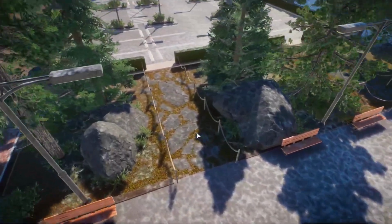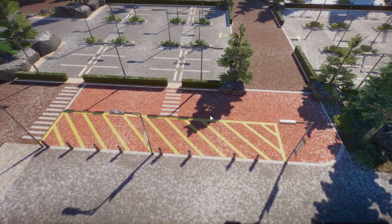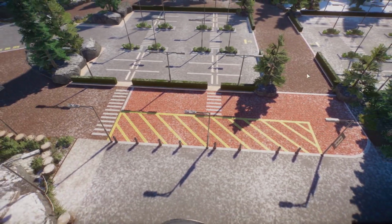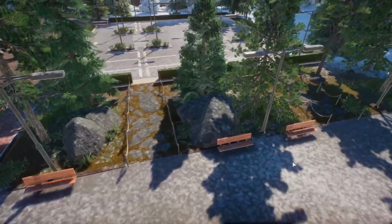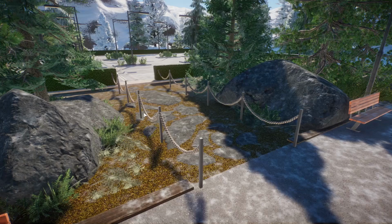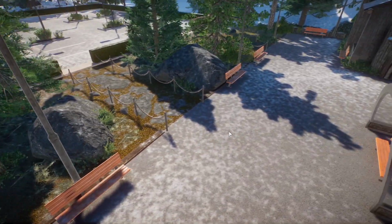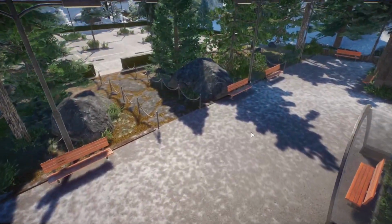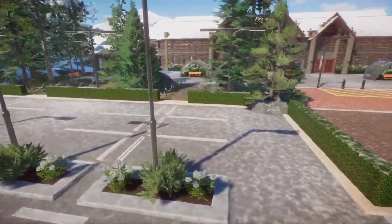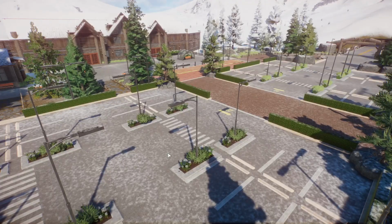And then here, I like this as well. Coming off of this parking lot, we have the crosswalks because people are going to go over top of the road here. Over here, we don't have a road, so I just made this simple little area here with some ropes to make sure people stay on the path when they're walking from the parking lot over here. It's all pretty simple when you talk about it, but then all together as one thing,